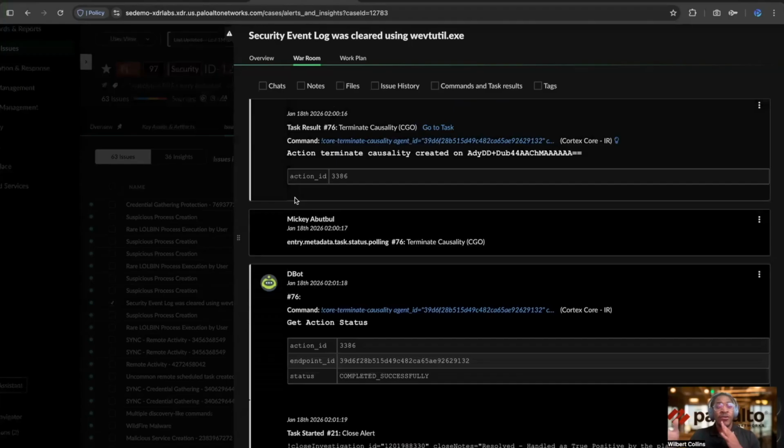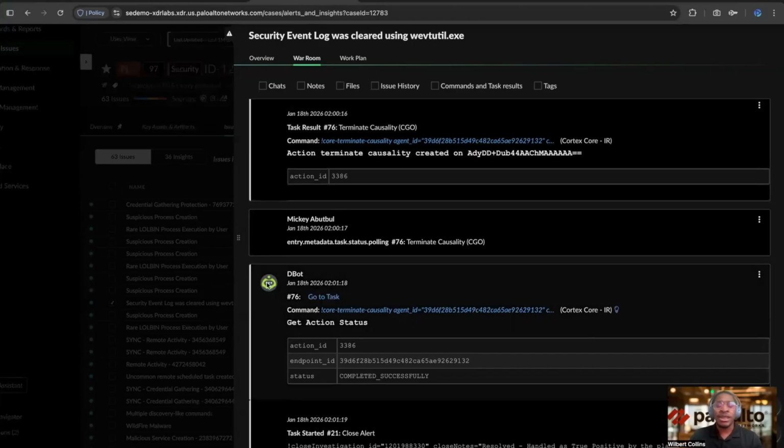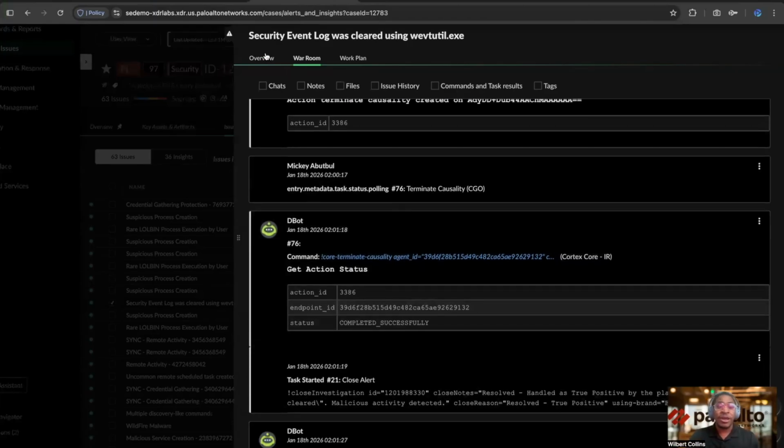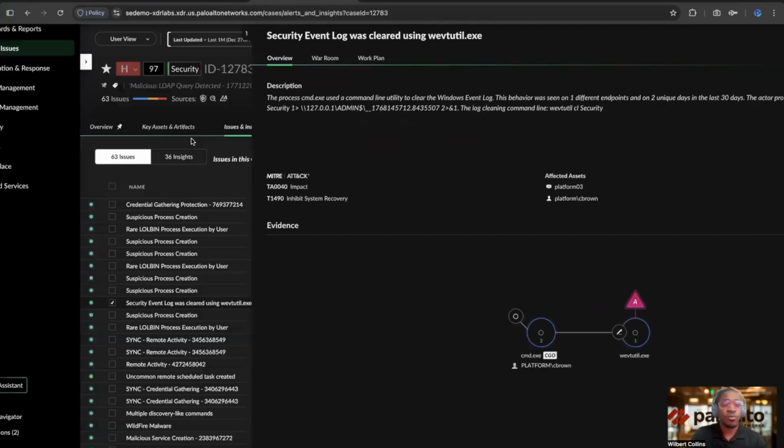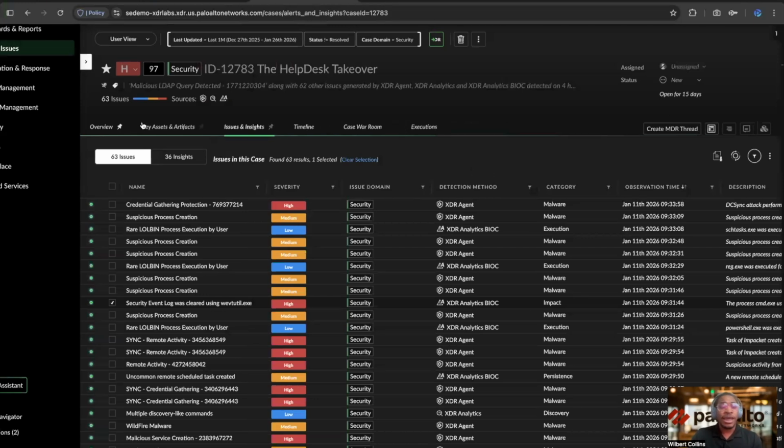So if multiple people are working in here and they need to run scripts or just leave notes, as well as the dbot. What our dbot is, that is actually the machine learning or the AI bot that's working in here, letting you know what scripts were ran, everything in there, as well as getting an overview of what's taking place, or the description of what took place within this playbook itself. And that is that portion.